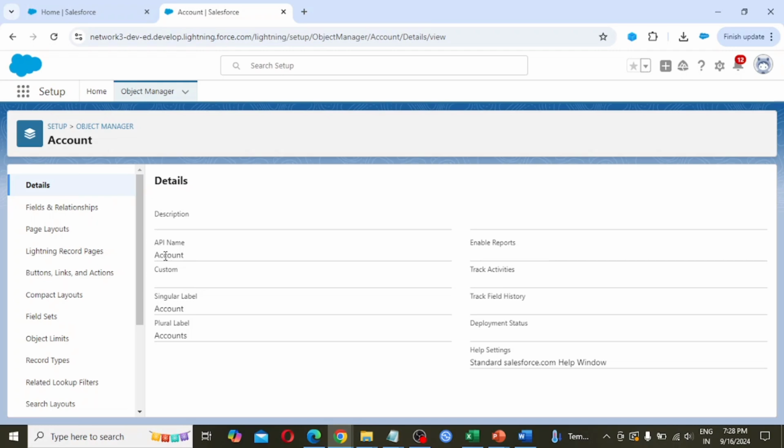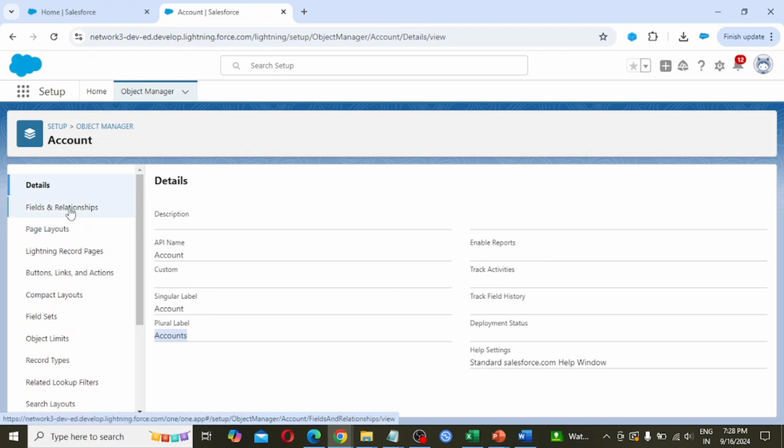Whenever we are doing any customization with this object, we are going to use this API name. Custom, no. Singular label, account. Plural is accounts. Enable report, track activities, track field history, deployment status and settings.